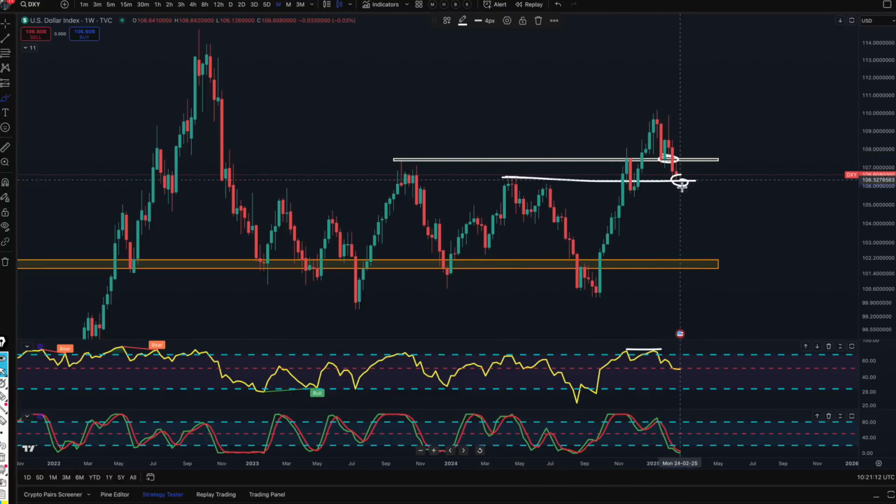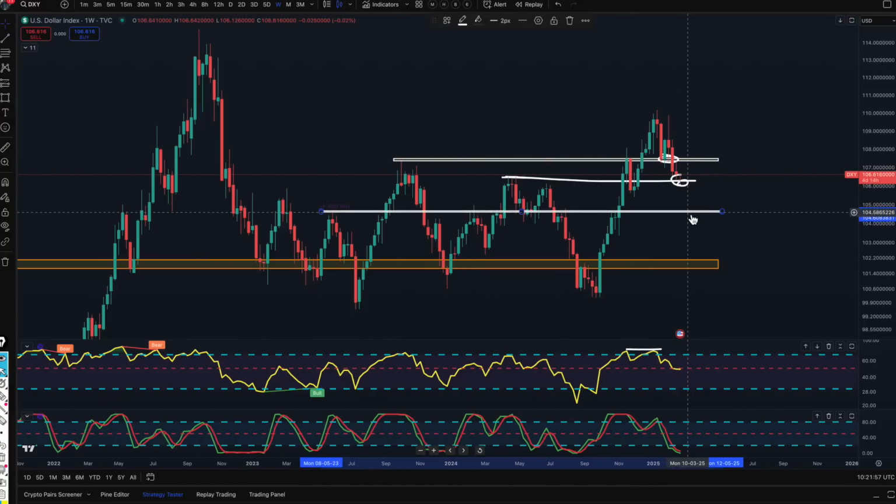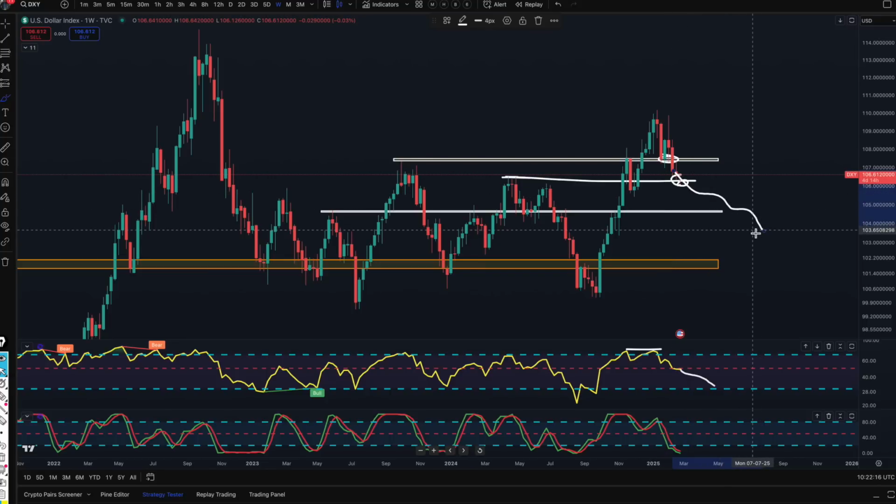So once we break that, then the next levels would be at these resistance points here. So if you put a line across there, this is the next stop here around about 104. And we can see the RSI has quite a bit to go. So let's see where this goes. But certainly the direction and trajectory for the dollar is to the downside in the coming weeks and months, which should give us a lot of room to maneuver for the wider markets like Bitcoin to start making moves to